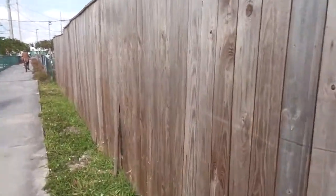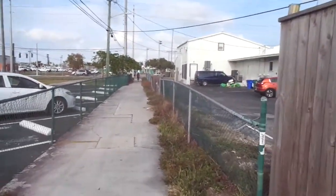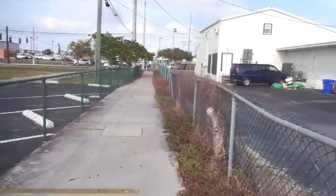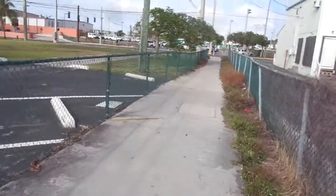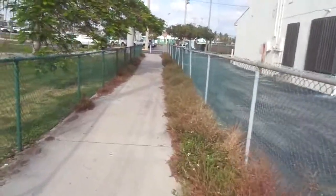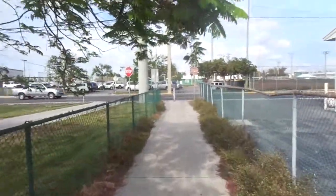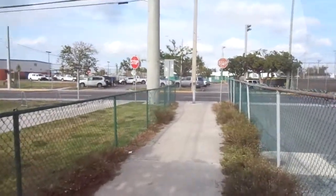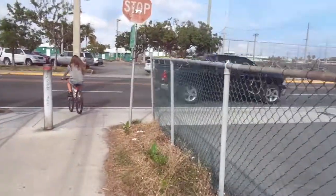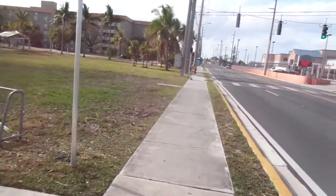Let's see, there's a couple guys riding bikes through here. Stops. Oh. Don't want to be in her way. Nope. Well, I'm going to go over here and use the crosswalk,